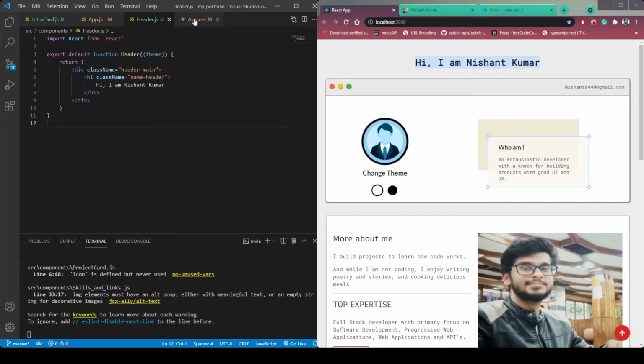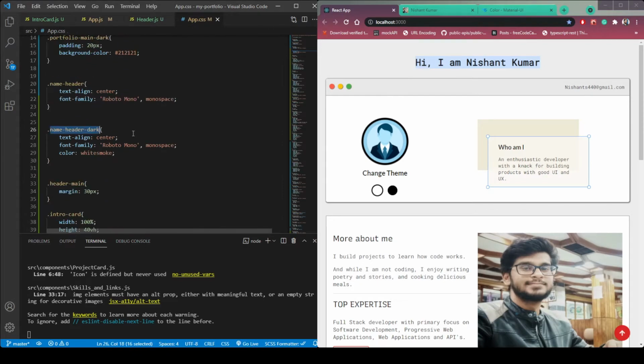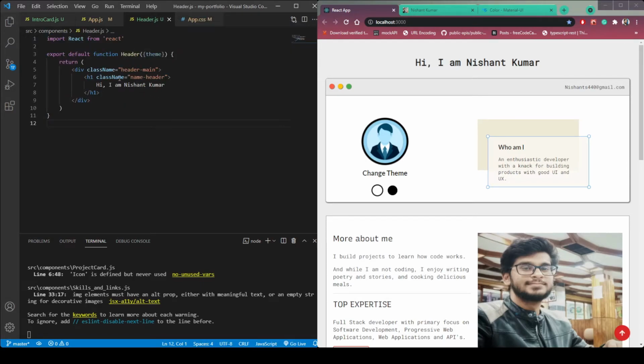So inside this app.css, I already have a name header which is light, this black header, and here we have the name header for dark theme. So copy this class name, and here remove this name header from h1.